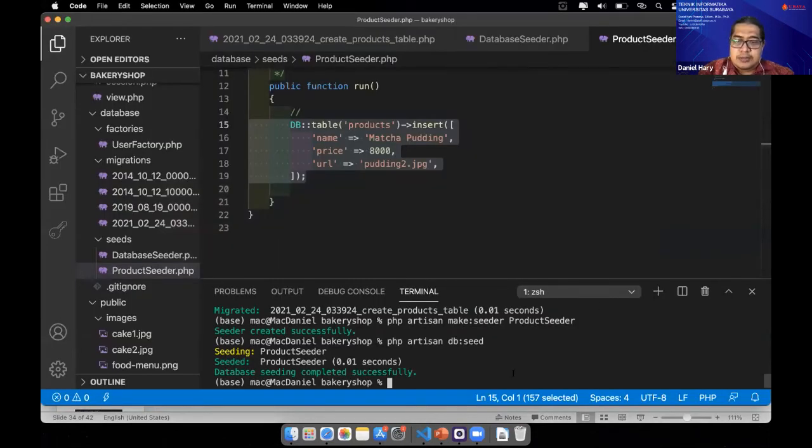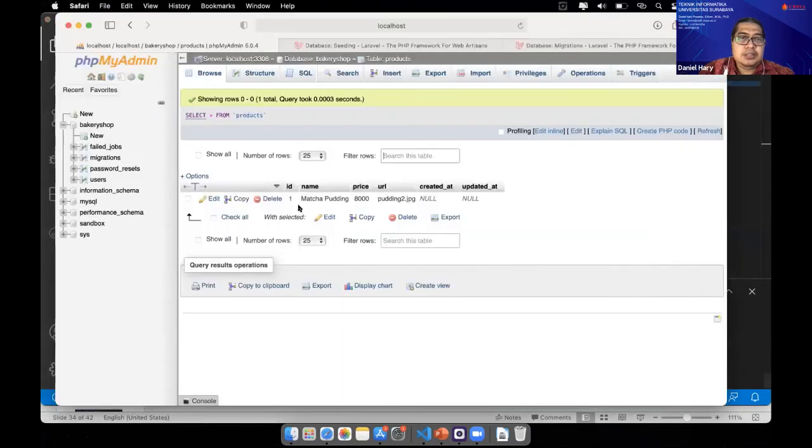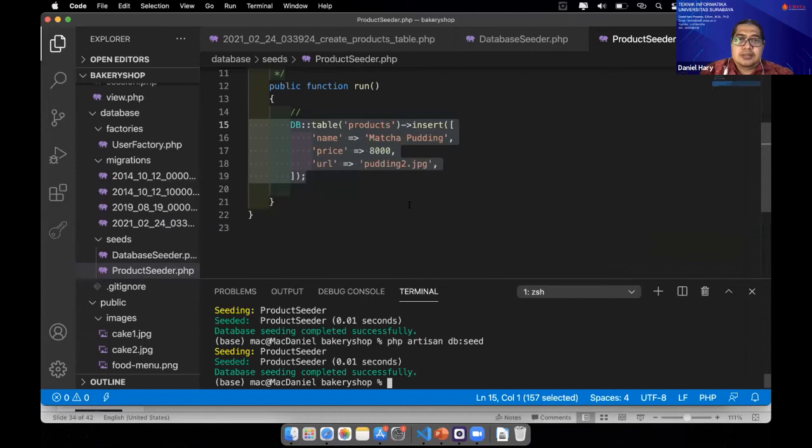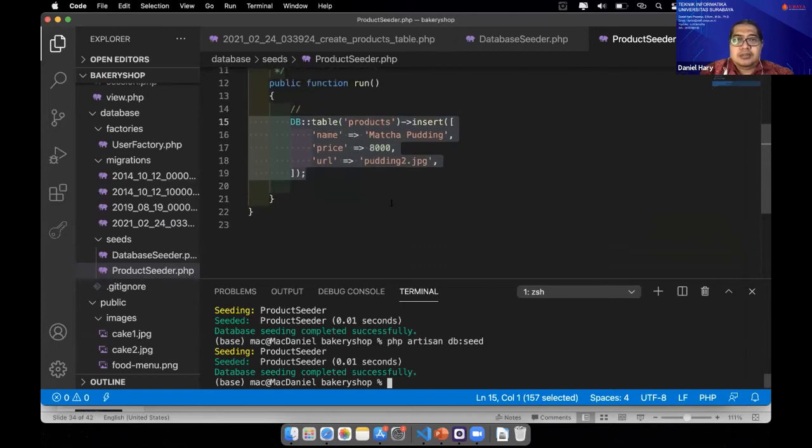So if we call the DB seed again, there will be another matcha pudding here. But we already put this one.